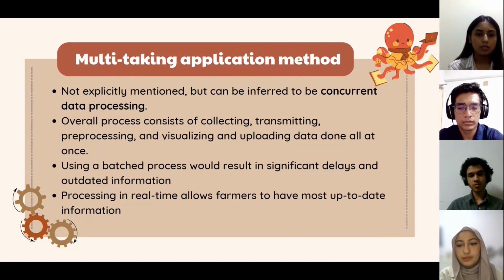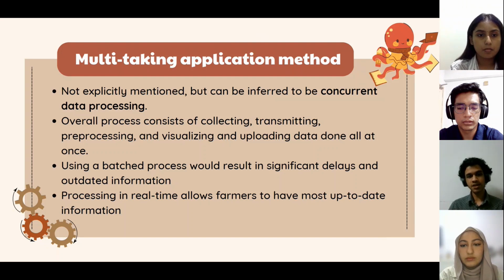There is no method that has been explicitly mentioned in the paper, but we can infer by looking at the paper that it follows the model of concurrent data processing. So what this means is that all the tasks are happening at the same time, at least in the real-time time frame. So as mentioned previously, the process consists of collecting, transmitting, pre-processing, visualizing, as well as updating the data,